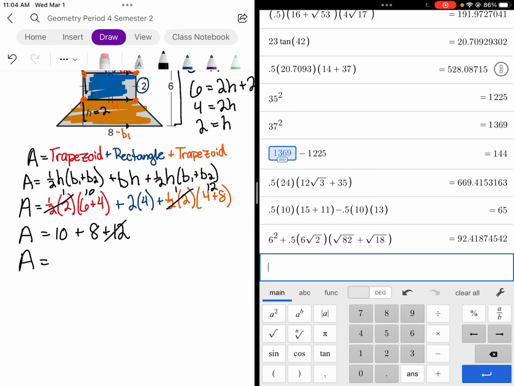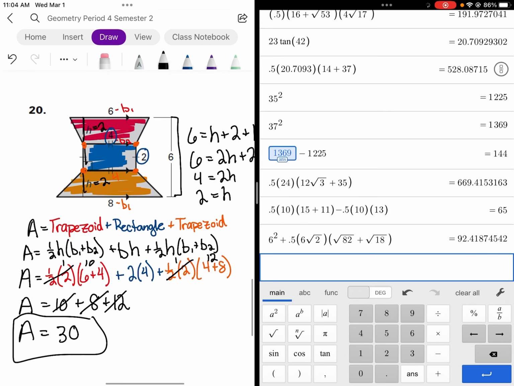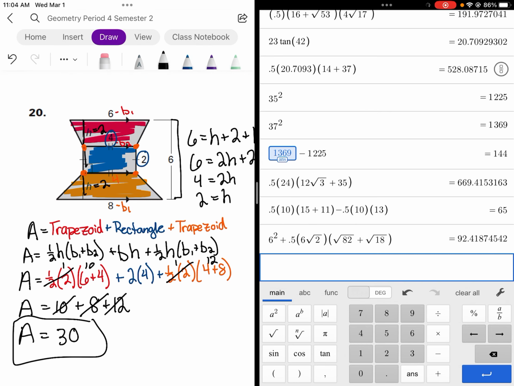So for this one, we get 12 plus 8 is 20, plus another 10 is 30. And that would be our final answer. So you can either type it all into your calculator, or you can just solve it mentally for this one. And that would give us our final answer for